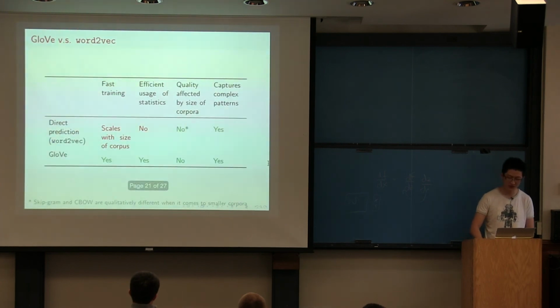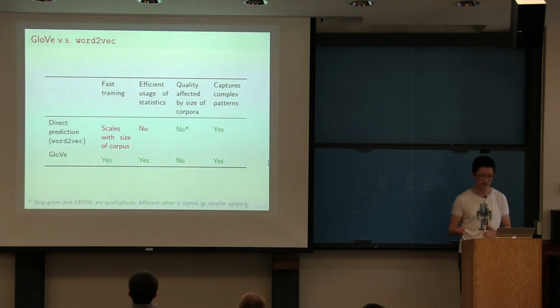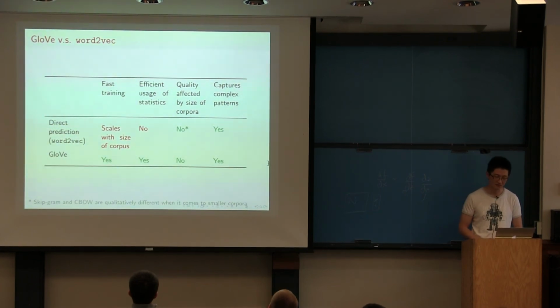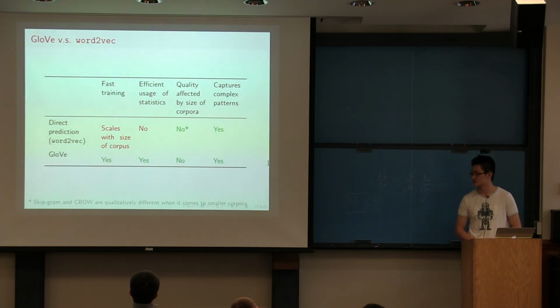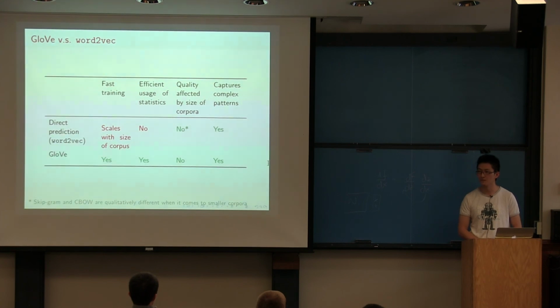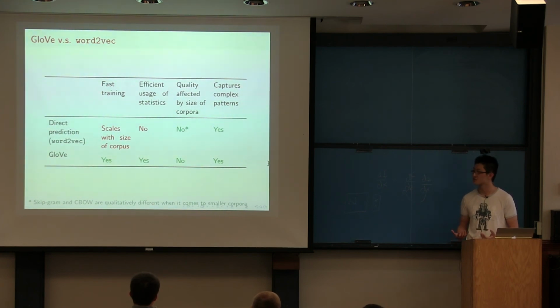Cool. Let's move on to a simple comparison between the GloVe word vectors and word2vec. Remember from the lecture that the GloVe word vectors operate on the word co-occurrence matrix, modulo the fact that they're doing some smart logarithm transformations. That fact makes the training fast, because for word2vec, if we want to train a model on a large corpus, we really need to go through each of the context windows, right?